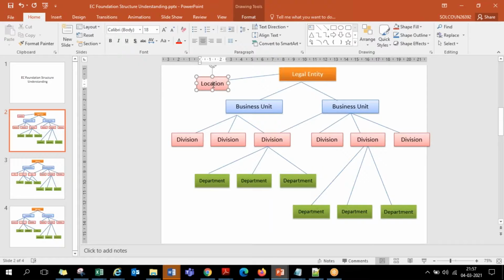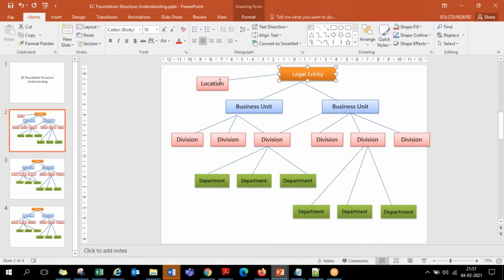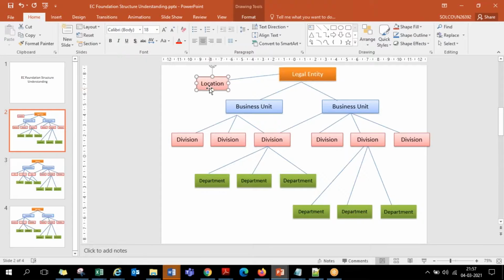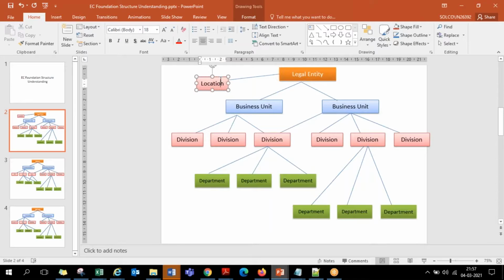That is why we need an association between legal entity and location. If I connect legal entity and location, obviously location is a child object. Legal entity is always the root, the top of the hierarchy, so there is no competition for it.